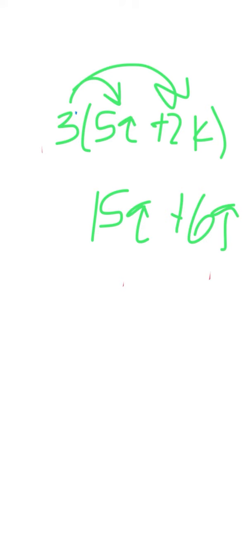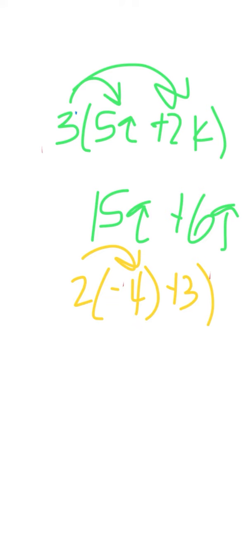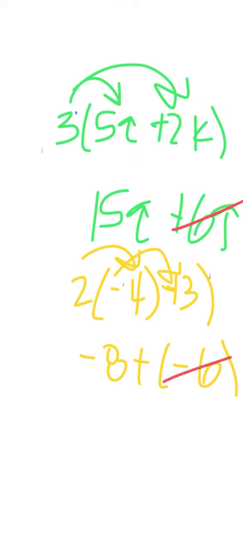Then we can do m. So we have negative 2 times negative 4j plus 3k. So we do this, which would be positive 8j, and you also distribute the negative here, so you would have negative 6k. And here we can see that we can cross out these 6's. Therefore, you will be left with